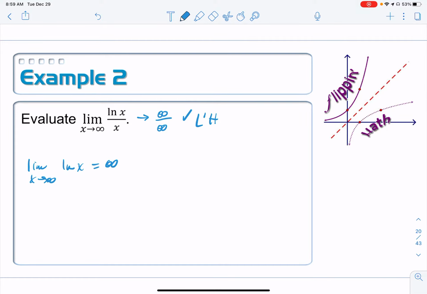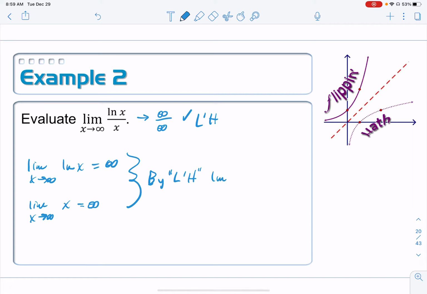Okay, and then I take the limit as x approaches infinity of just x, and that's also equal to infinity. And so here I avoided the equal sign, and I usually use this little arrow here. And now you can say, by L'Hopital's rule,